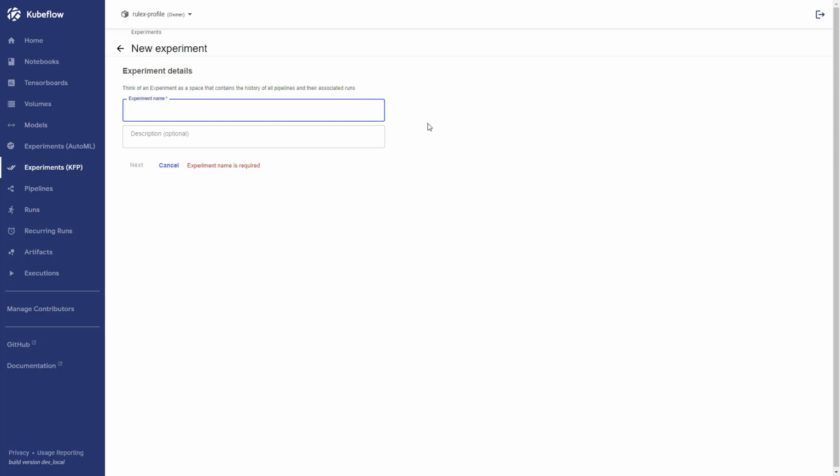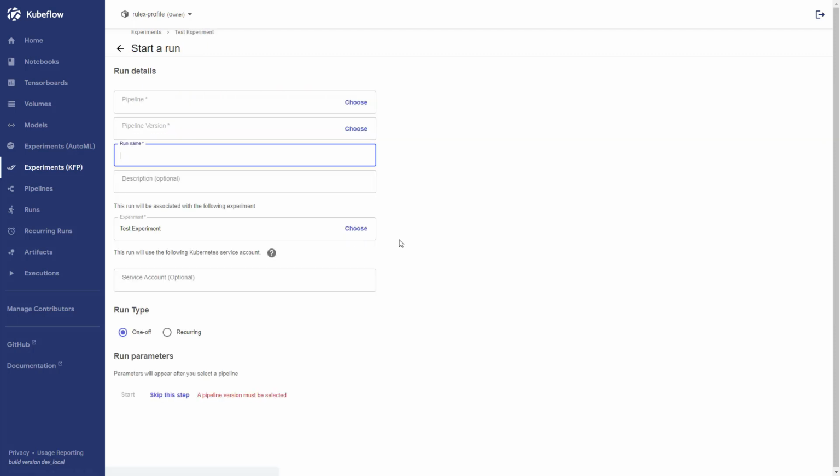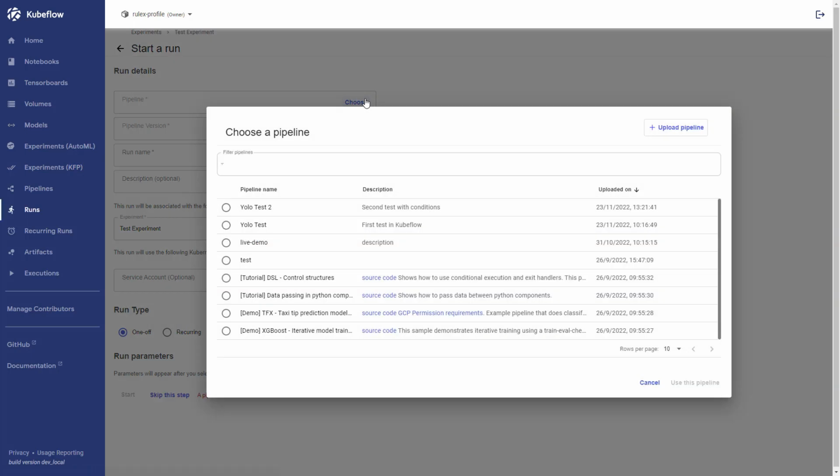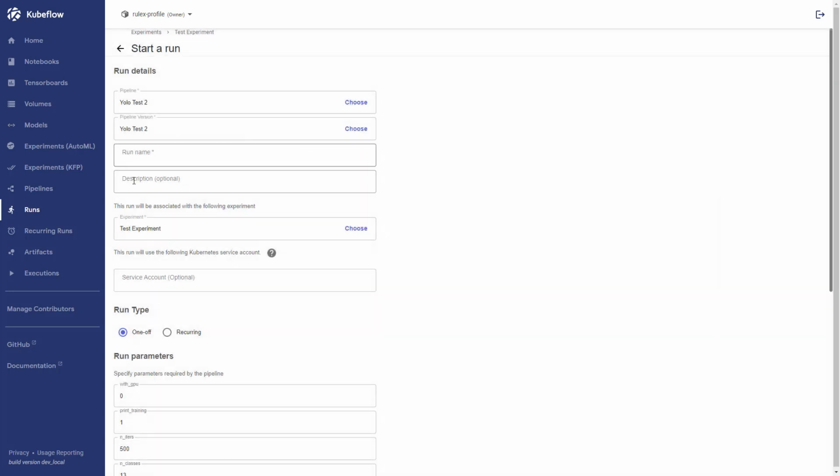So let's create an experiment, and we can add some runs inside the experiment. So we can choose which is the pipeline that we want to add. This one is an example, and the name of the run,